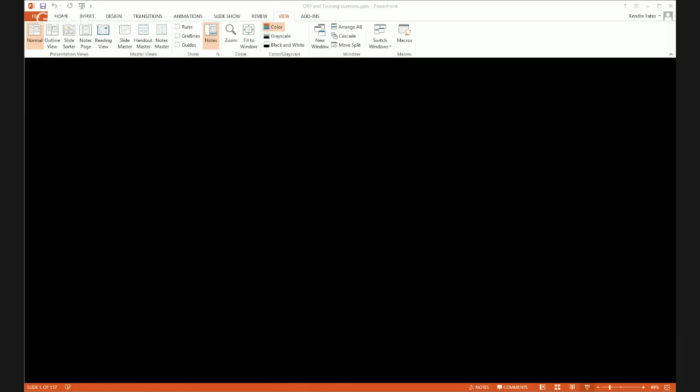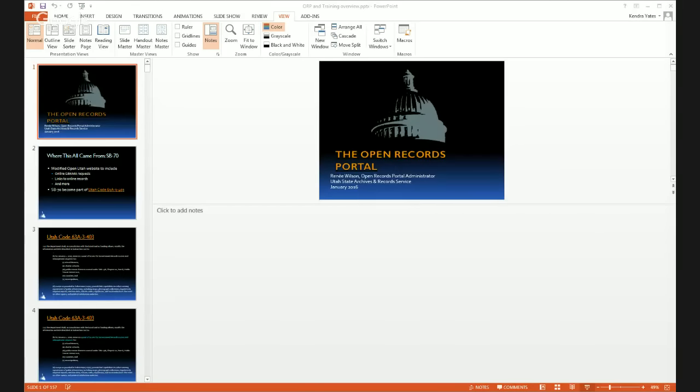We don't need to read it. The main part I want to point out is that the Open Records portal serves as a point of access for GRAMA requests, and right now it's for all local agencies.